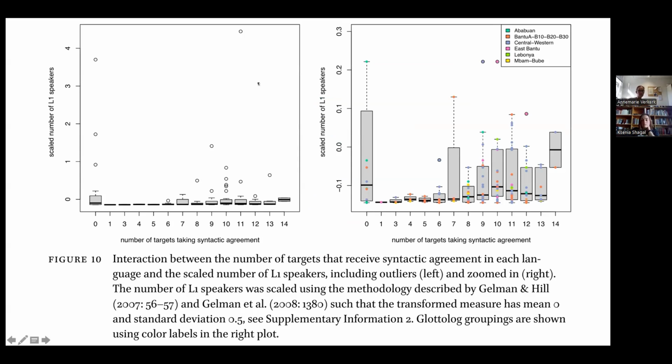This is just to show you one of the problems that we face in sociolinguistic typology, especially if you look at a specific area or a specific family, as we did. The problem is that you have outliers. Even if you scale things, and we did this very carefully, you have magnitudes of difference between most languages, which are spoken by quite small communities, and then a few outlier languages which are spoken by millions and millions of people. This is definitely the case in Bantu, but it's also the case in other areas of the world.